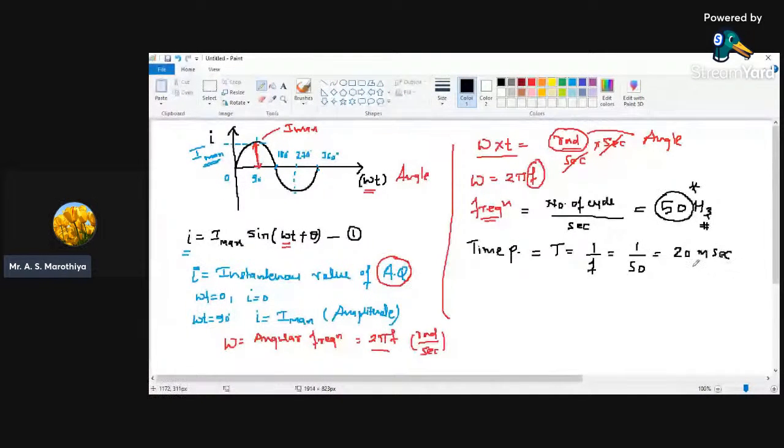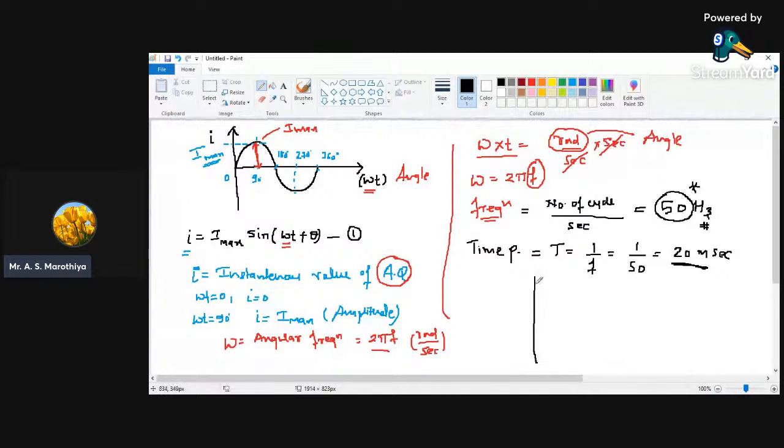So the time period for an alternating quantity, as far as the Indian scenario is concerned, is always going to be 20 millisecond. This is very important. Now what is the meaning of this? The meaning is very simple. That means